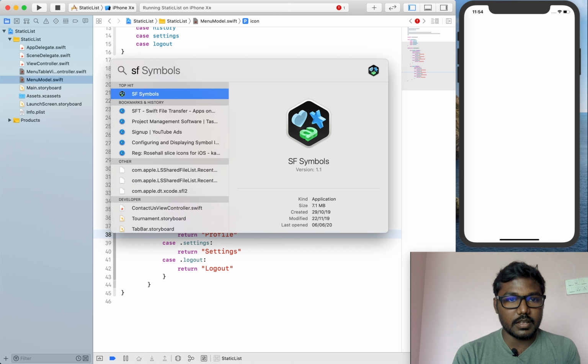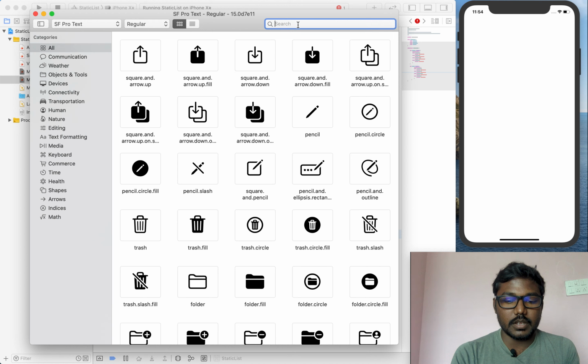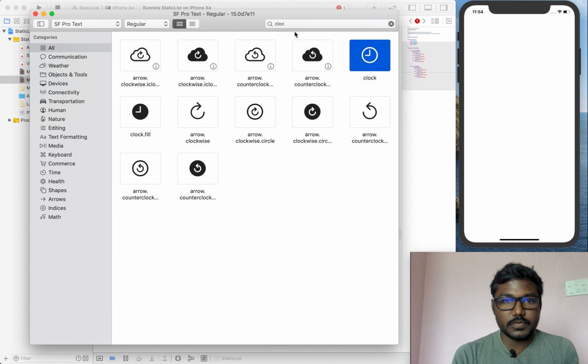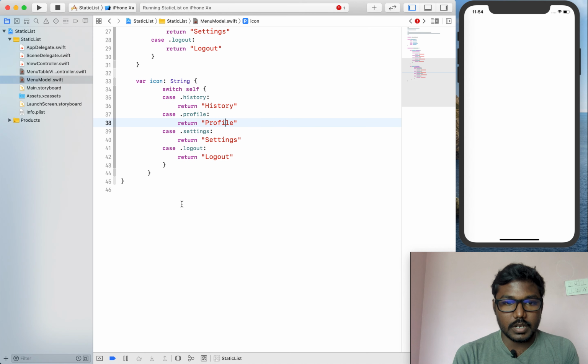I'm using SF Symbols, going to SF Symbols and getting some icons, like a clock. We can copy the name and set it here.